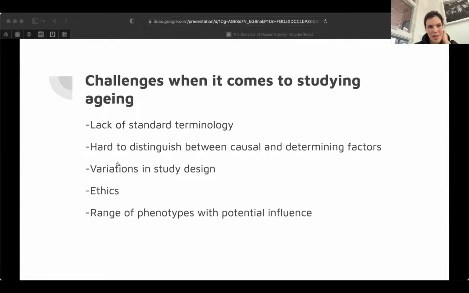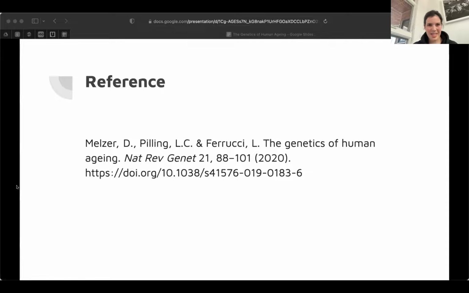And then finally, we have our reference. This is where the paper came from. They did a really good job, a really comprehensive review of the current knowledge of aging and future approaches for it. But yeah, that is all I have. So thank you guys for that.